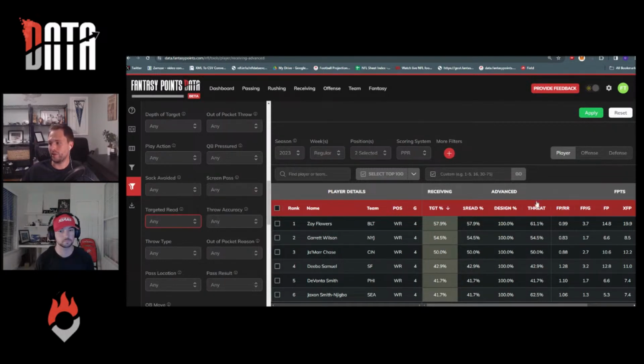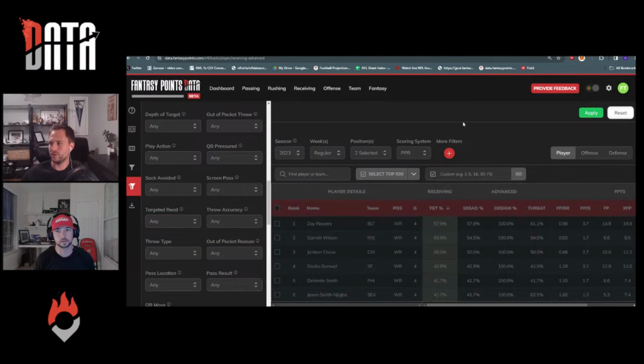And then I didn't talk about threat rate yet. What that is, we look at how often a guy is targeted when he's on the field and the ball is not thrown away, batted, or the QB scrambles, anything like that. So anytime there is an aimed pass and that guy is on the field, how often is he targeted? So let me reset. And that's a stat that I know guys like Wan'Dale Robinson and Rashee Rice are popping in, but their route share seems to be getting in the way.